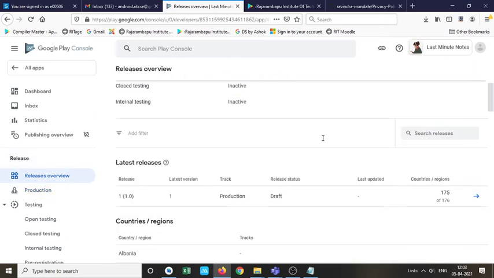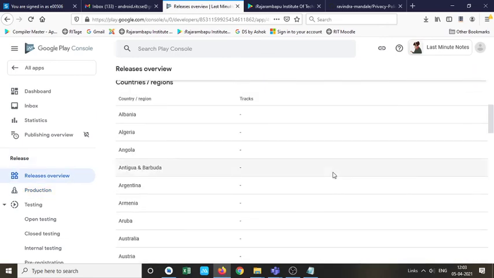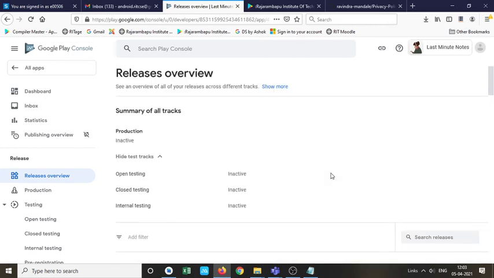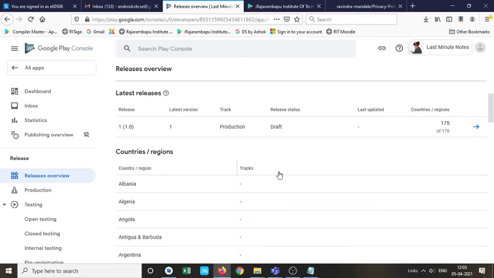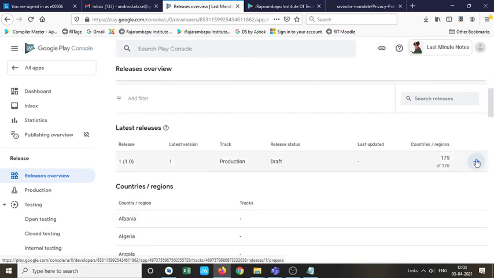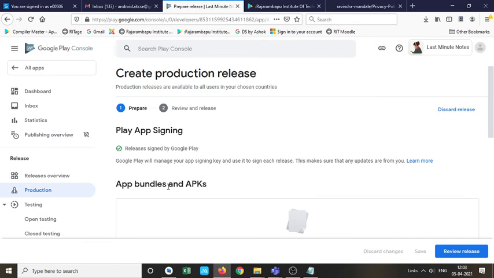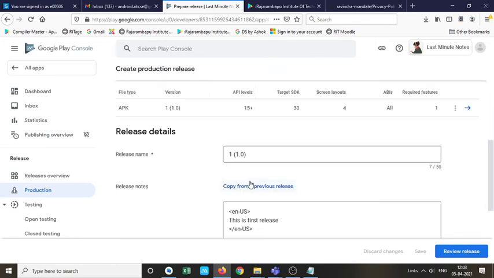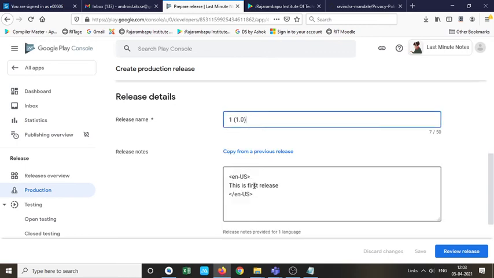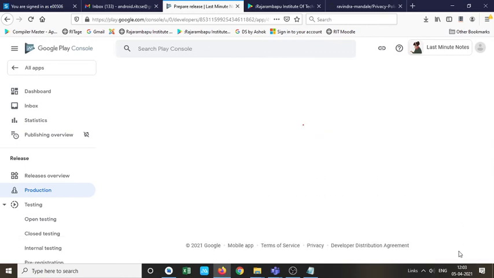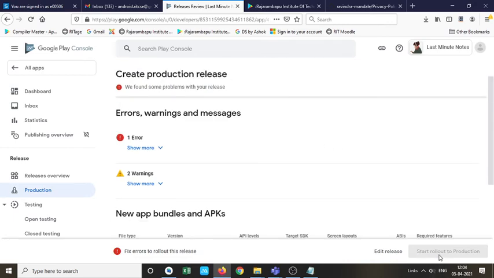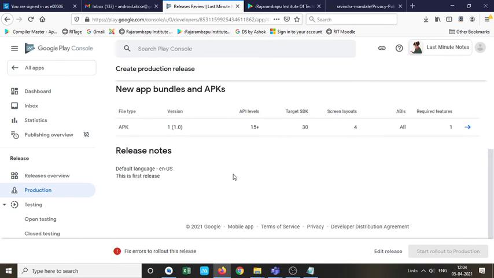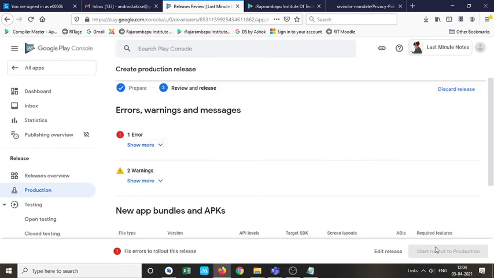And now the last step is we need to do the rollout. So let me just check. Review and release. This option should be enabled, so I think something is missing here.